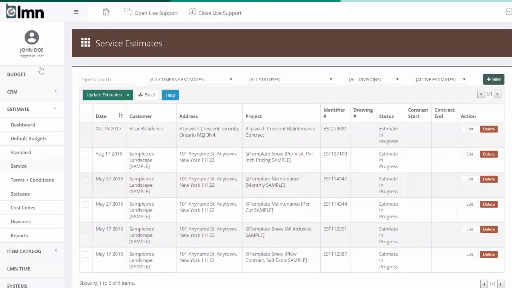To get to service estimates, on the left-hand side, you're going to want to open the estimate menu, and then you're going to want to go service. The difference between service and standard is that service estimates count things called visits. That is, how many times we're going to go back and do those things. So for mowing or snow plowing or whatever, we need to track that we're going to do this maybe 30